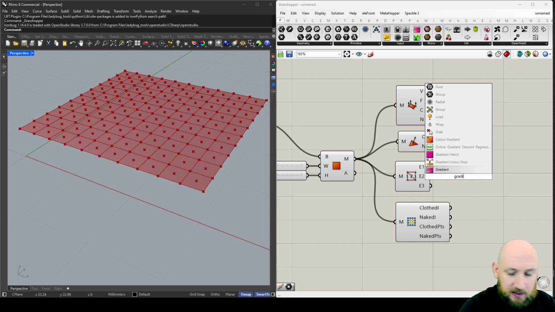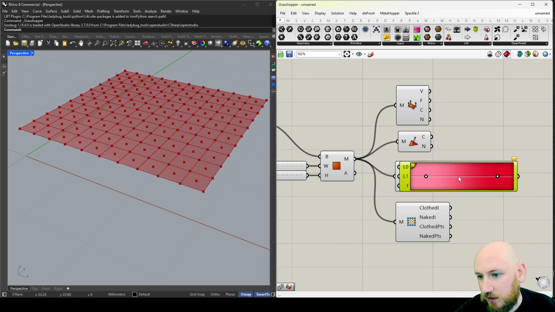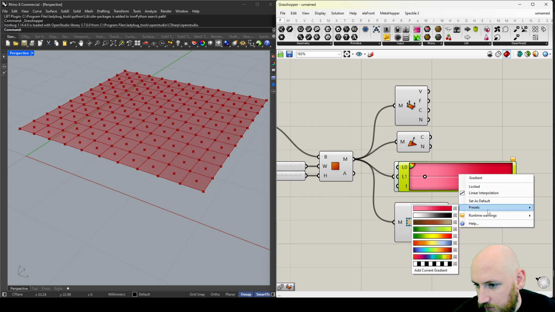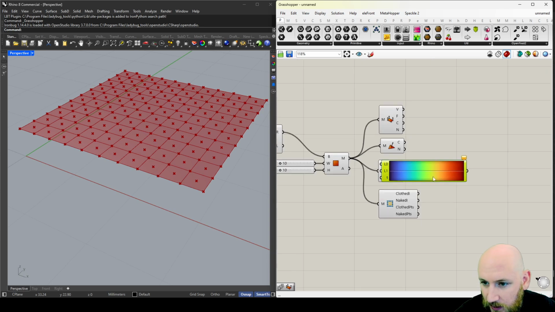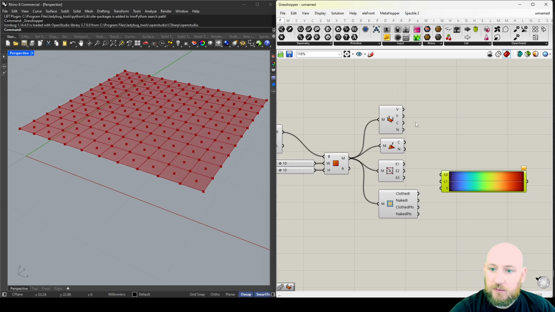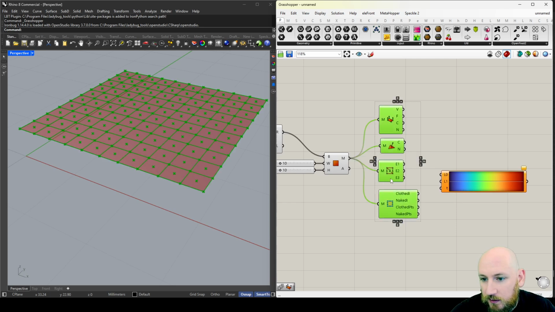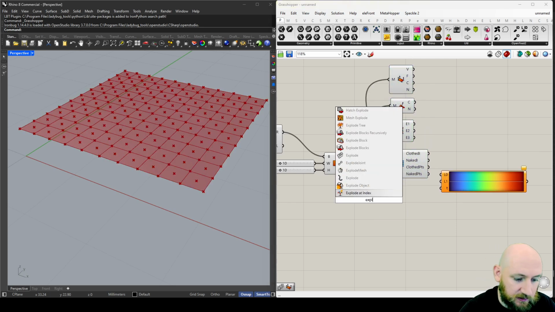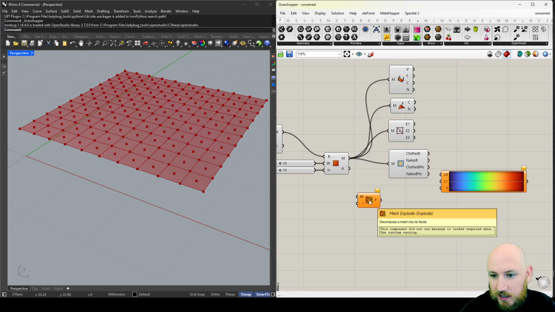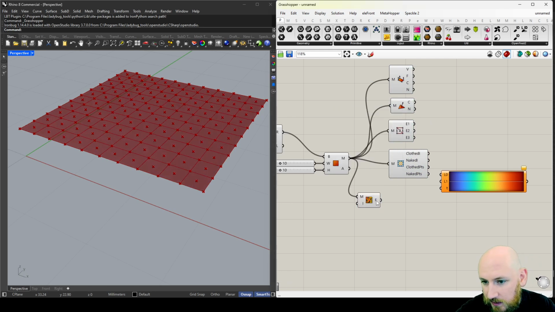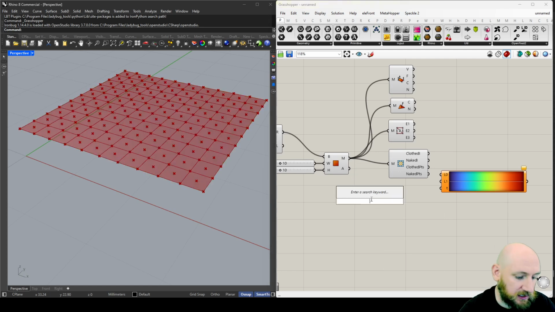So next I want to make a gradient for color. So I'm going to right click and change presets to just a rainbow. And what I want to do is I want to see the faces in order. So if you had the plugin, you could use Explode Mesh and that will give you the faces as separate meshes. If you don't have that mesh plugin, you can just use